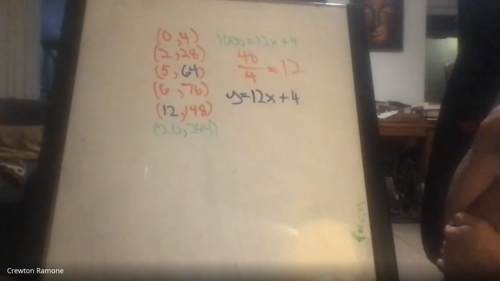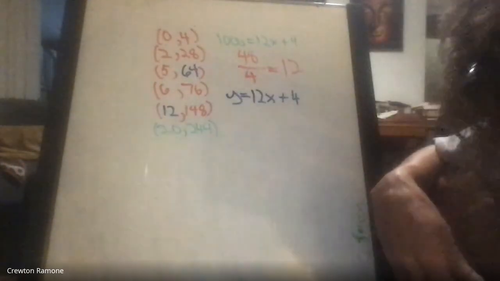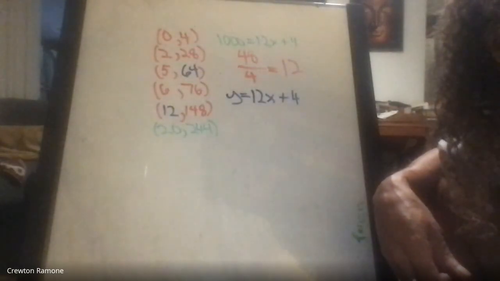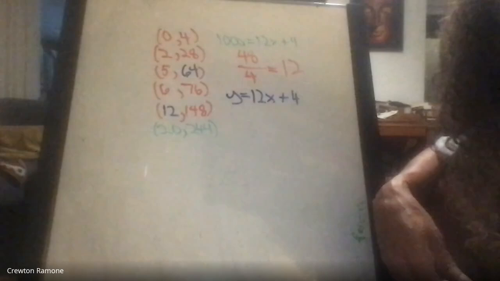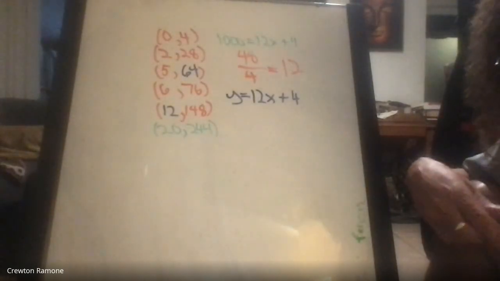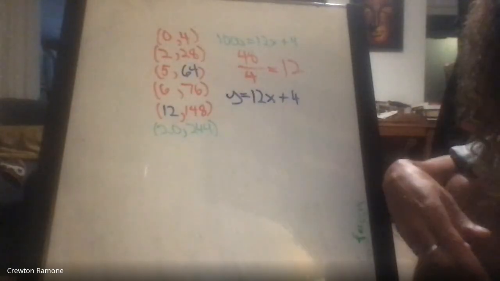So what would it be? Well, I got to take my 1,000 and divide it by 12. But you can do that on your own time. We're out of time. Okay, you guys did a good job today. The only thing, like I said, you just got to practice your multiplication. And then we should have started off class building some tens and getting your brains warmed up, but we dive